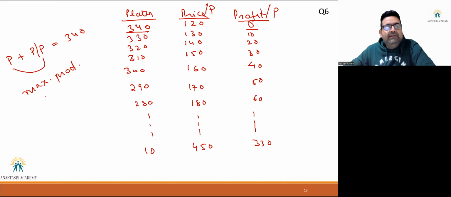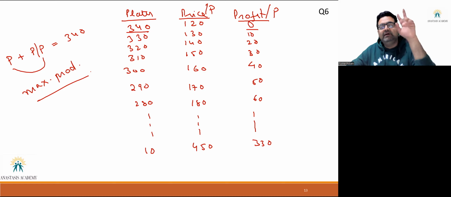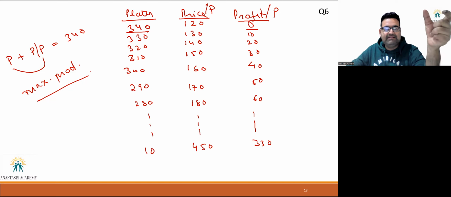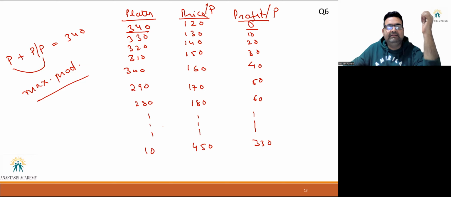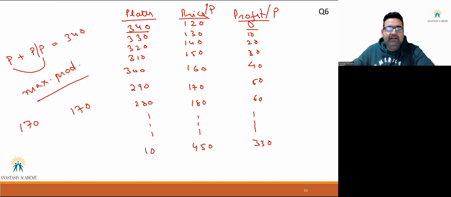This is a very basic concept of maxima and minima, where we study that when the sum of two numbers is fixed, then when do we maximize their product? When both are equal. So there will be a stage where both of them become 170. You can see there will be a stage where both will be 170, 170, and the maximum will be their product, 170 into 170. 17 square is 289. So my final profit is 28,900.